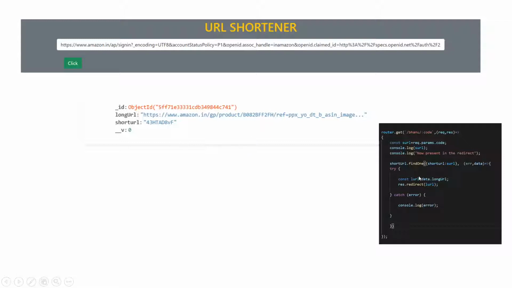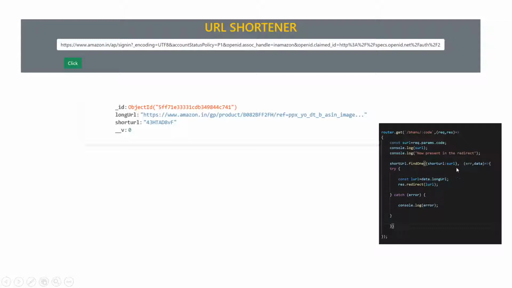Now this is the code snippet. We will take the short ID from the short URL. Here, if you see this particular route slash code, this code is the short ID in the short URL which we give back to the user. We take this short ID and search in our database.